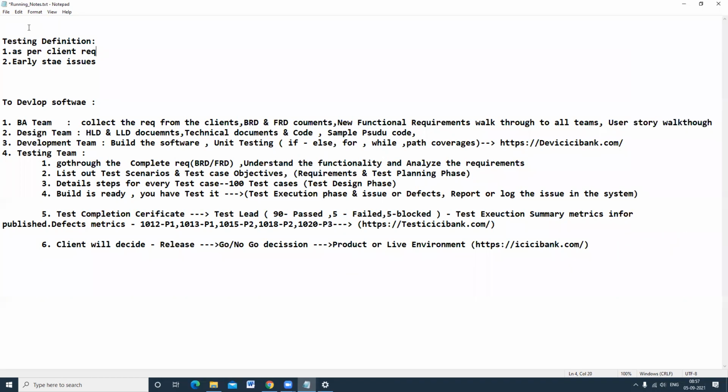The main role of developing the software is done by the development team. What do they do? They develop the software and check whether their code is working fine by doing unit testing. Unit testing means nothing but code testing. How is the code testing verified? If the condition is working, how does the code work? If the condition fails, how does the code work? So even during